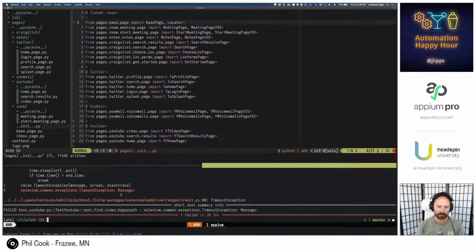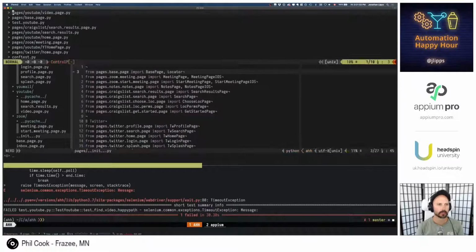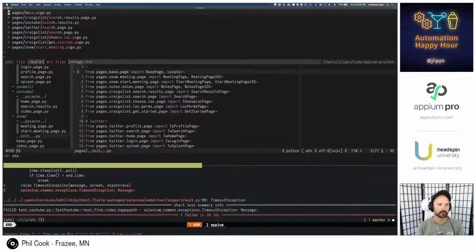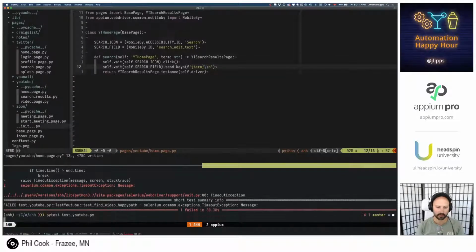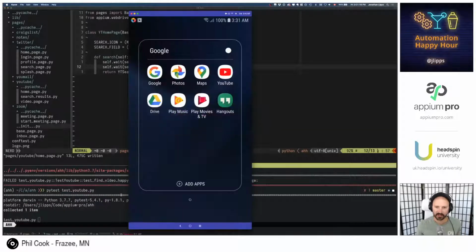I have a weird thought. What was that? No, this is homepage, isn't it? Yeah. I wonder what happens if we try, because in Appium Desktop it worked. We put in the \n and it did it.